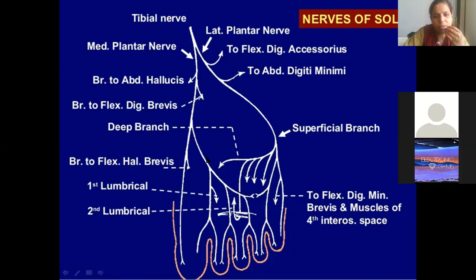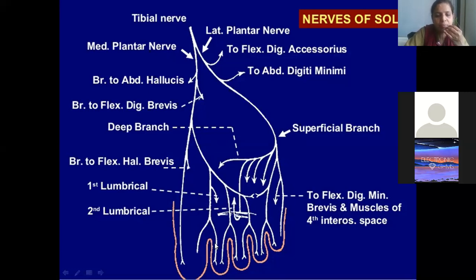Do you remember common palmar digital nerves and proper palmar digital nerves, what we studied when we were doing median and ulnar nerves? Similarly, here also you have common nerves, and then these are the proper digital nerves. That means this lateral division further gives three common plantar digital nerves. Then these are the proper plantar digital nerves, which divide at the interdigital clefts, supplying the adjacent sides of the digits.